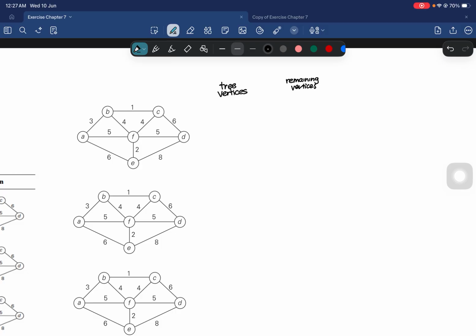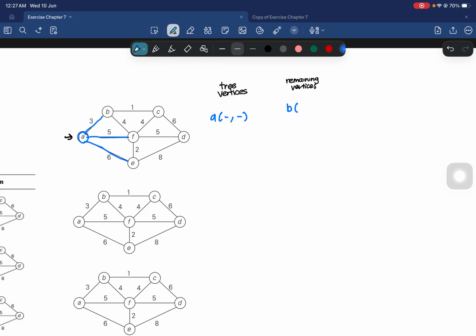Right, from this diagram, we will start with A, and from A we need to find what A is connected to. A is connected to B, connected to F, and connected to E. So we start with A, and we list down all. So when we list down,